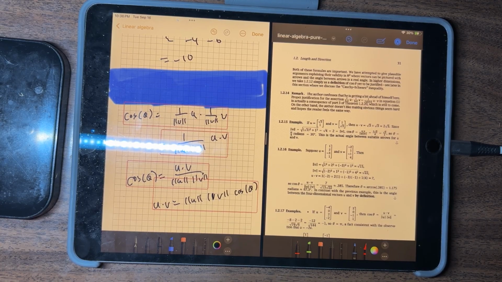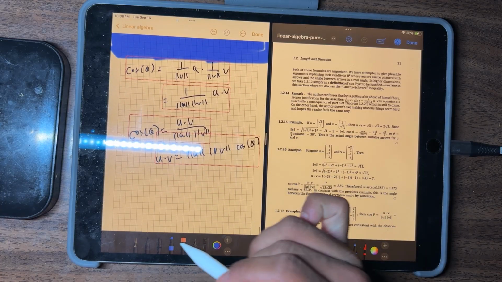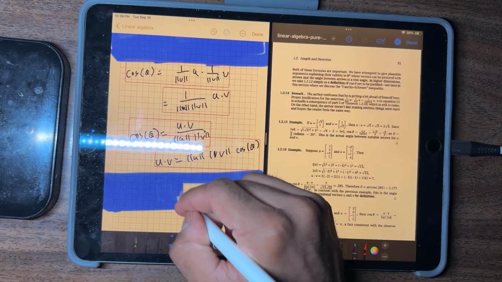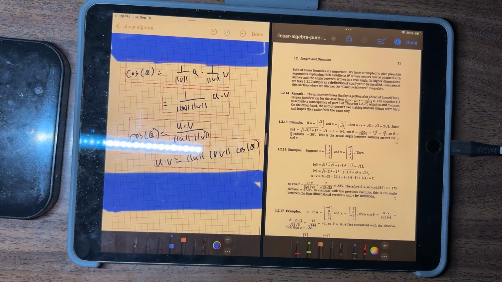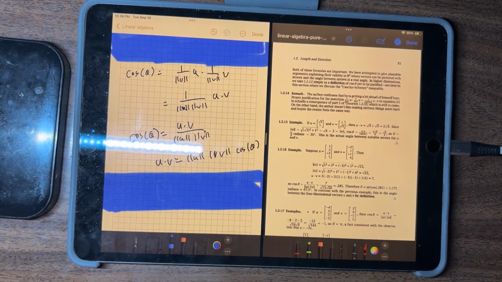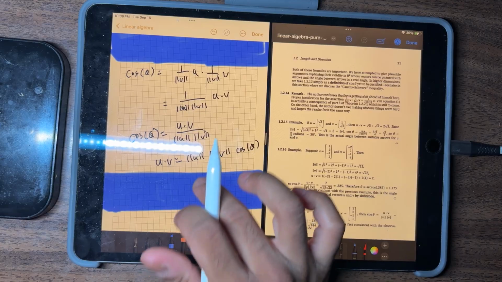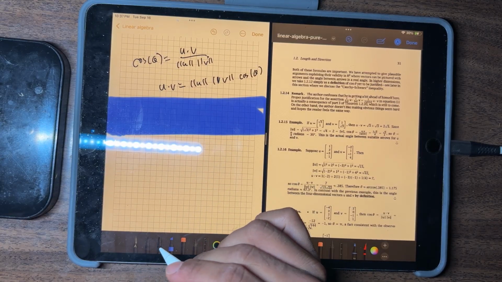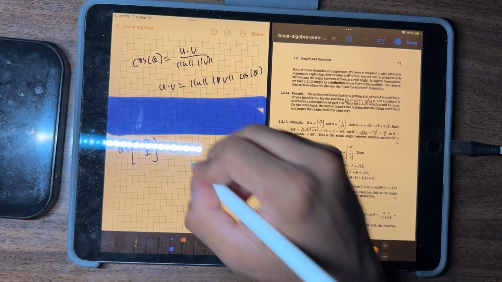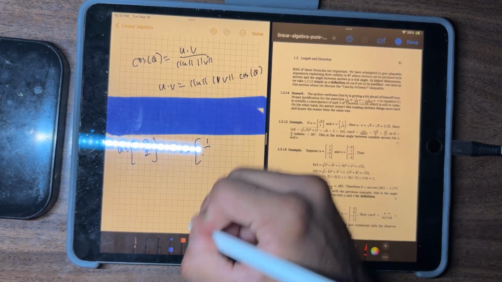And cosine theta is u dot v divided by, actually, let's do that. So if I have u as root 3 and 1 and v as 1 and root 3,